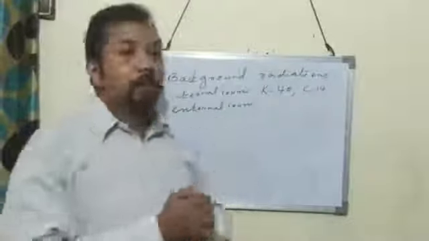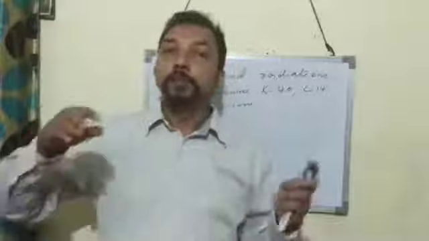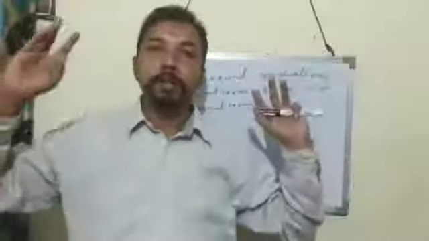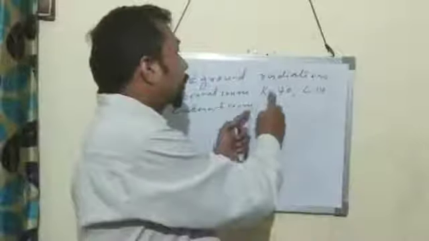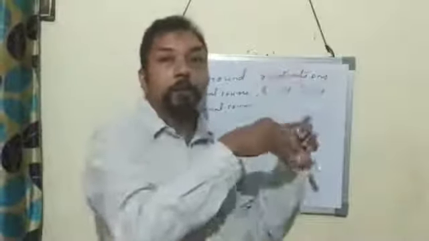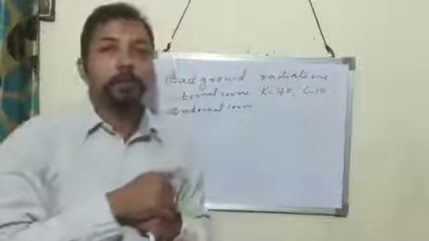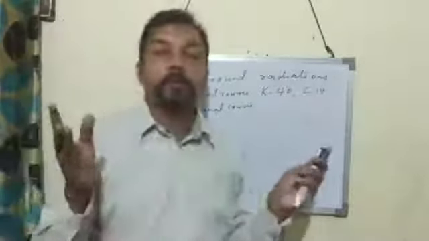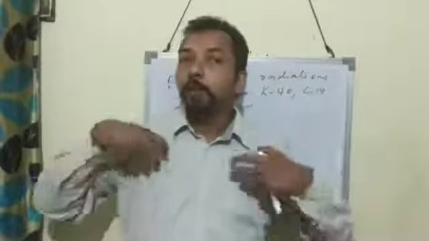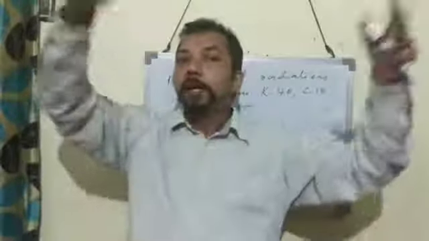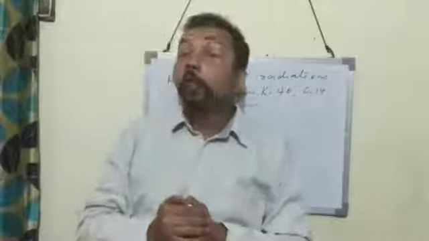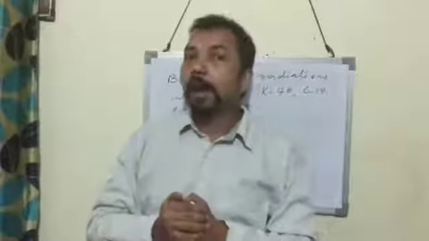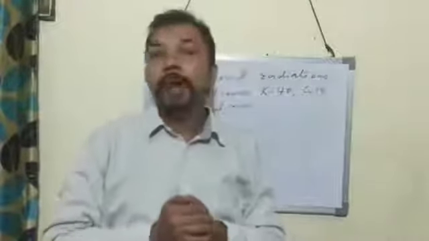And external source. External source means source of this harmful radiation which are present outside our body. These elements are present inside our body. That is why it is called the internal source. External source means the sources of harmful radiations which are not present in our body, which are coming from outside. Example is cosmic radiations. These are harmful. So this is about background radiations.